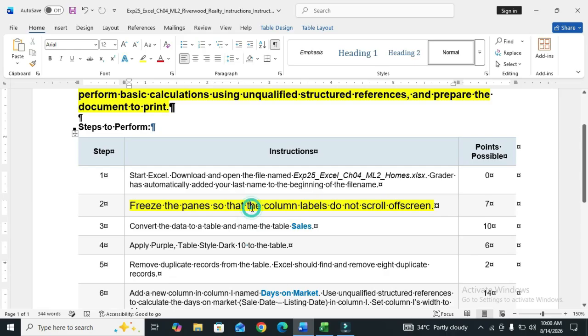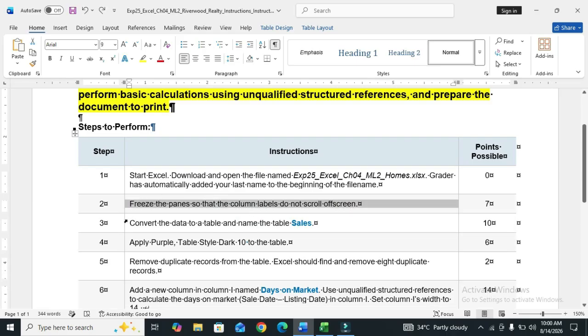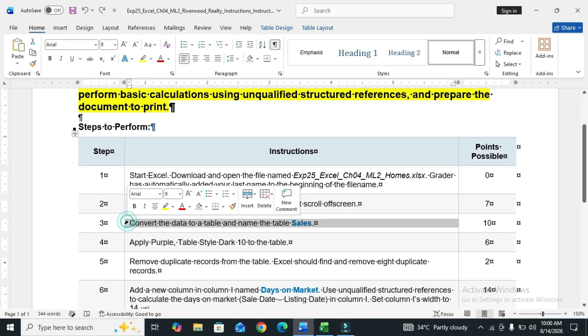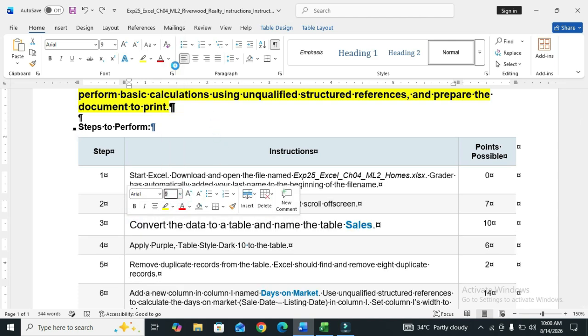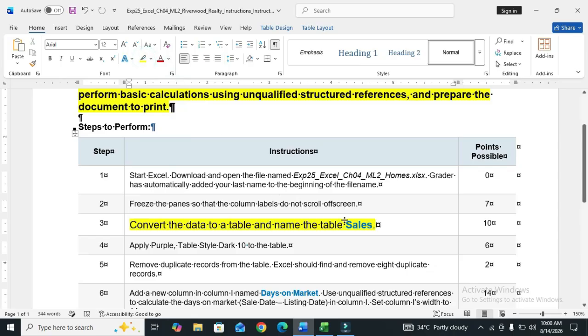So we move to step number 3. Step number 3 is: convert the data to a table and name the table. There are 2 levels to this step.